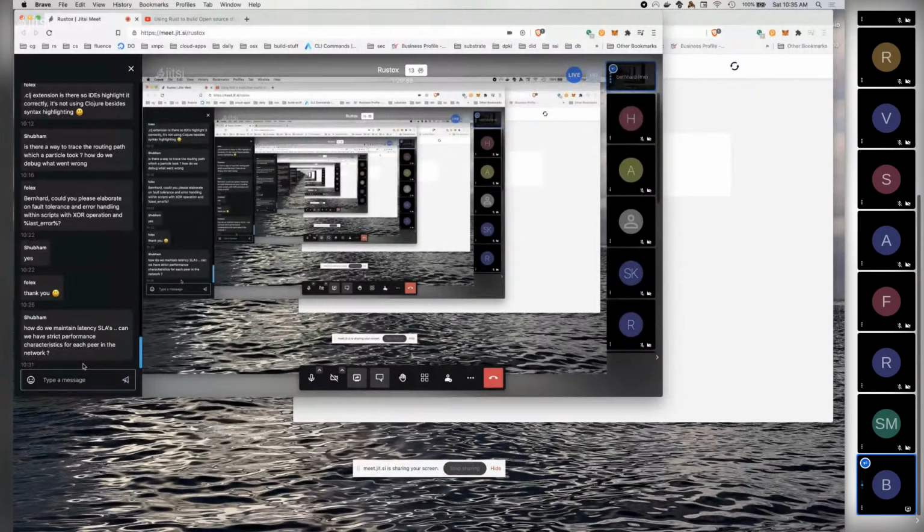But just to make clear, this is not necessarily a network issue, it's a service provider issue. So if you, Shubham, want to give 5 nines on your service, then you are totally happy or